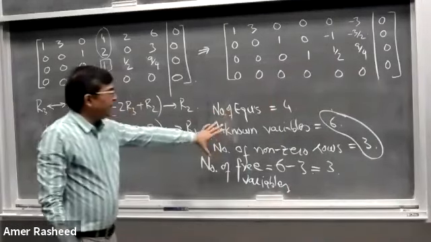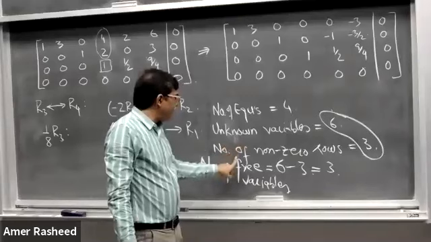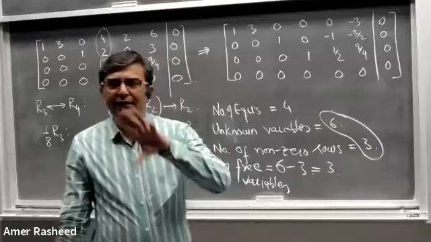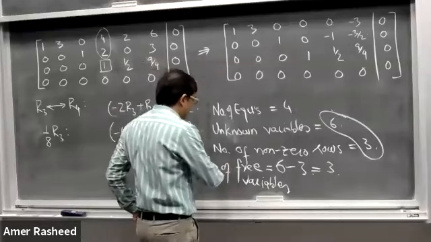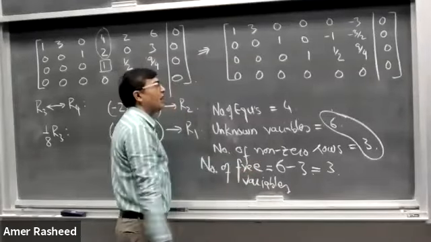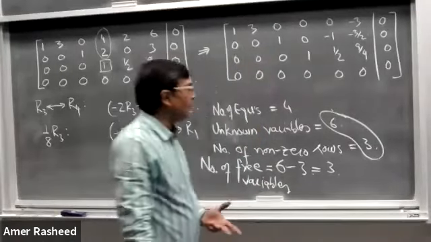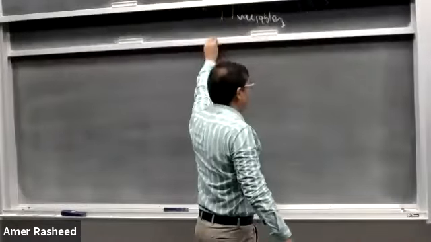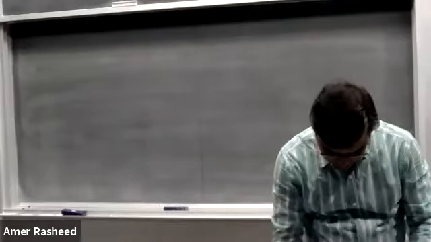I hope you get it. This is a number of equations. It doesn't matter. Number of non-zero rows in the reduced echelon form and its difference with the number of unknowns in the system. Okay. This gives you basically the number of free variables you have to introduce in order to write the solution in the homogeneous linear systems. There are important results corresponding to basically this observation. These are very important theorems, in fact, which you should know.